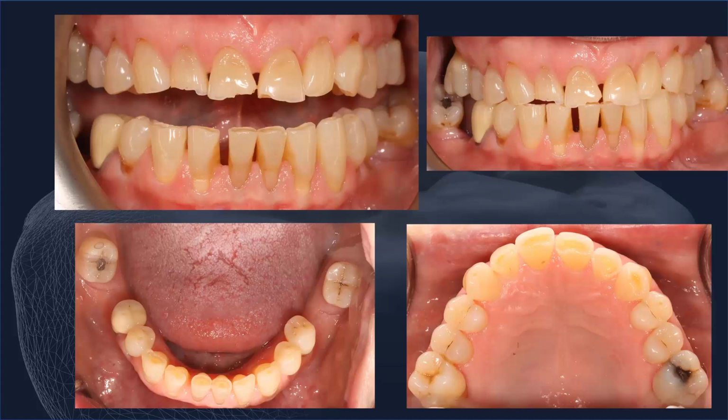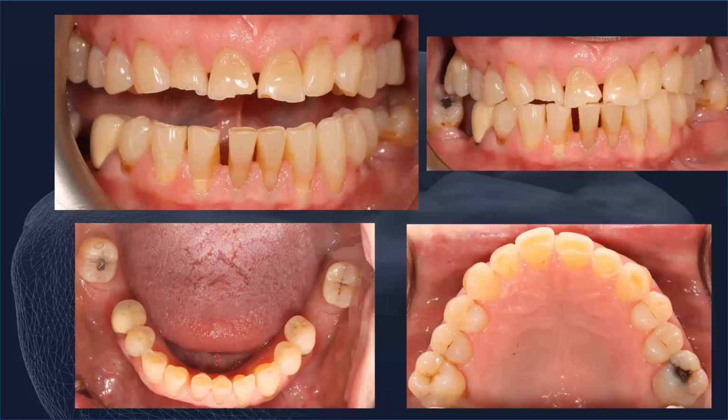Now, in this case, you can approach this two ways. You can do orthodontic treatment and move the lower anterior teeth inwards, considering periodontal health, if they're healthy, or you can just restore them in edge-to-edge position. You just need to make sure that the incisal edge is a little bit thicker when you do that. You could potentially get away by just restoring anterior teeth. The problem is you can't leave this case because we all agree that the anterior teeth need restoring. The problem is when you restore those teeth,